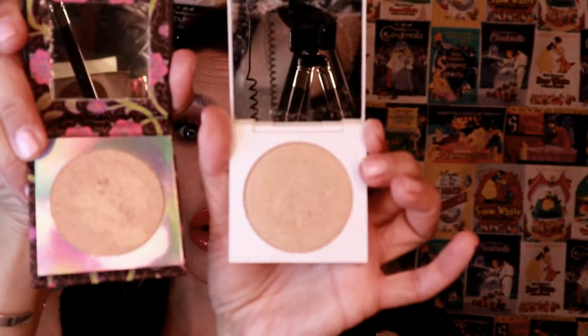But I have this other Colourpop highlighter. It doesn't have a name on it, that's weird. But to me, it literally looks the same color. Oh well. Anyways, I'm going to take,